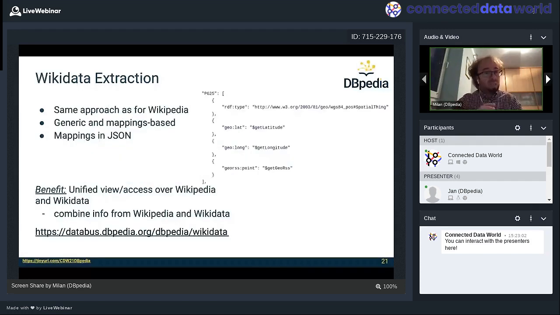Then we have the Wikidata extraction, which extracts and maps the information from Wikidata to DBpedia. It's a very similar approach to what we have seen with the mappings-based extraction. So basically the idea is to map each property from Wikidata to DBpedia. Here is an example of the